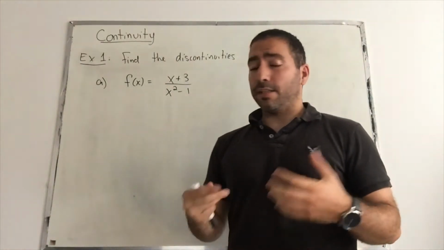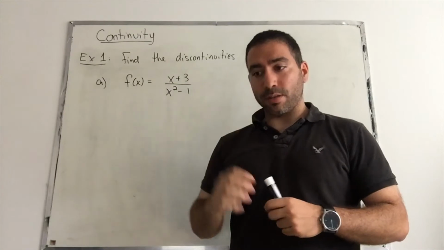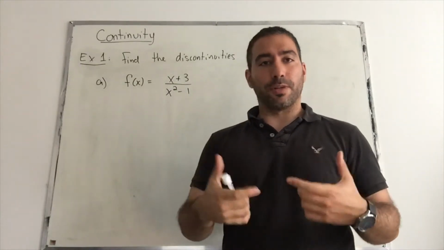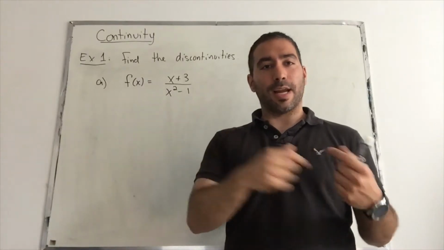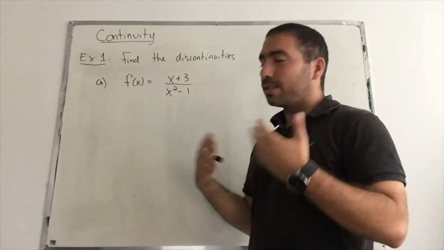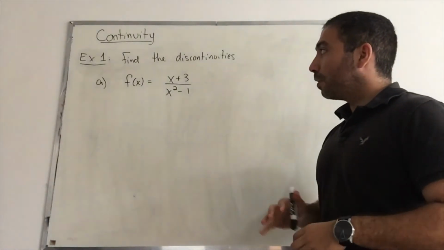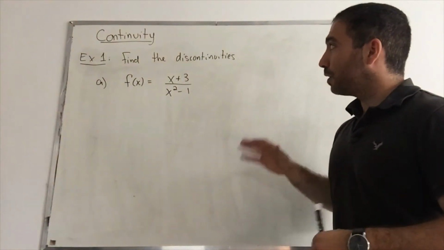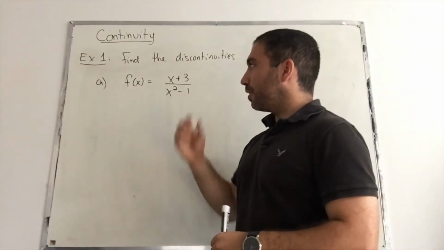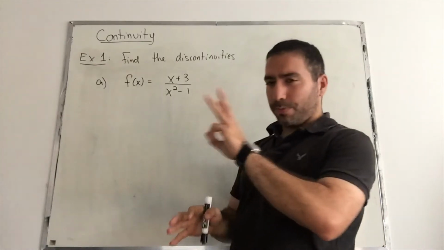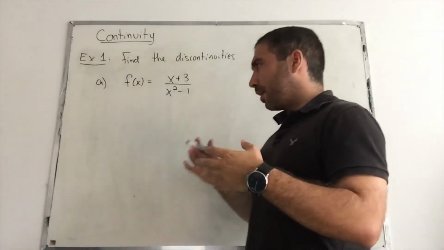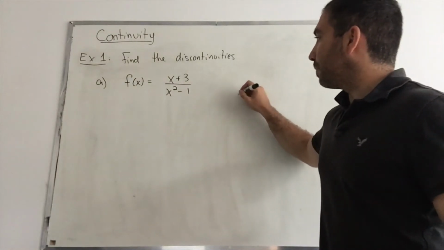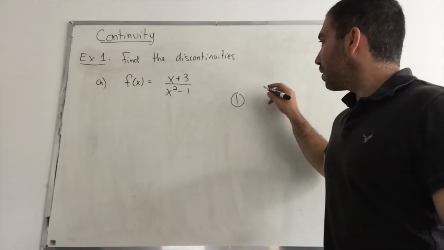Okay, and also, when they're asking us to find the interval for which a function is continuous, it's customary to first find where it's discontinuous, and then everywhere else it's going to be continuous. We're going to see why this is the case later. But finding the points of discontinuity given a function requires us to keep in mind 3 different notions. So there's more functions that have different types of discontinuity, but the main 3 that we use are